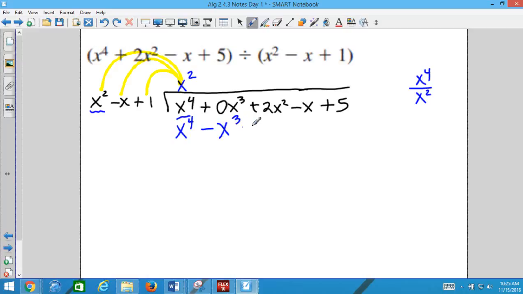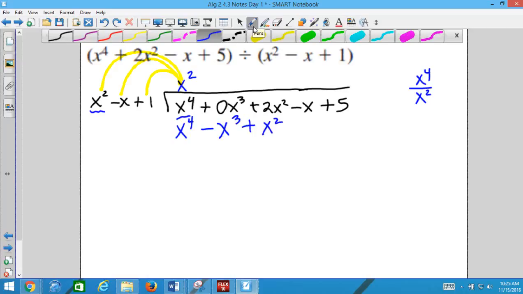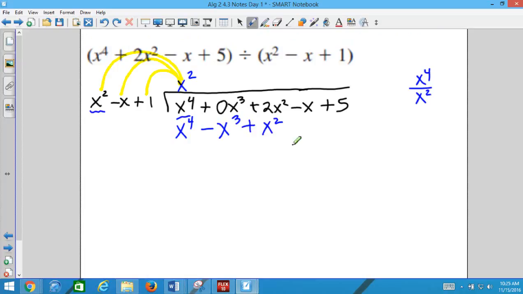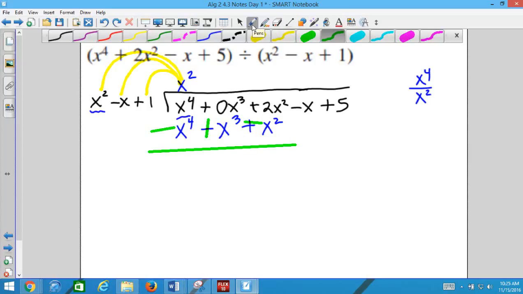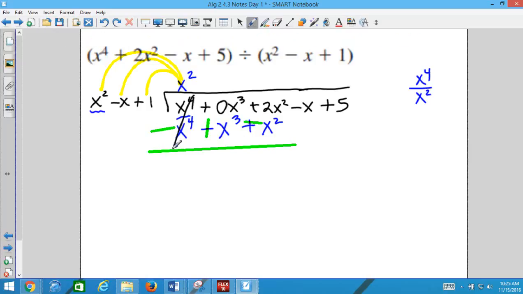X squared times 1 is x squared. And there's your favorite part. Draw the line. Change the signs. And then we add them. Add them up. Those cancel. We get x cubed